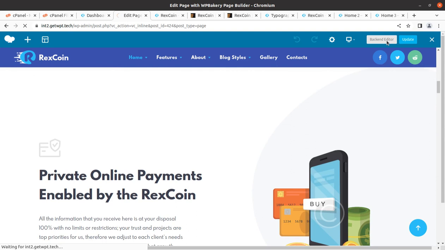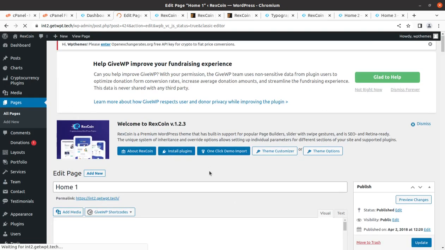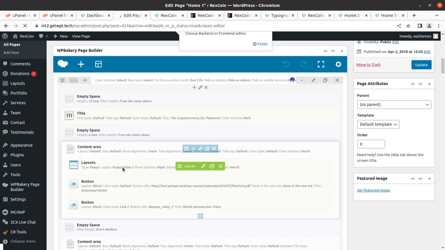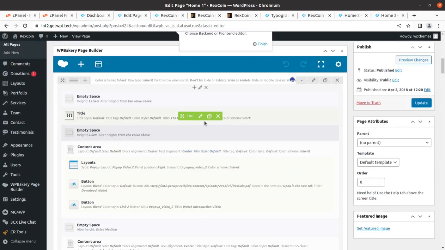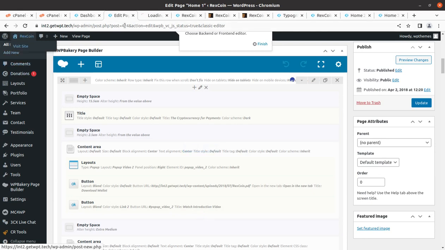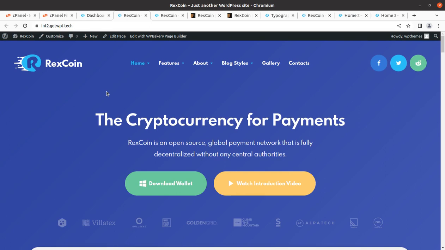And you can use the backend editor as well as per your convenience to add or remove sections and to edit the content as well. So the backend editor is here, and you can completely edit the contents by clicking on the pencil icon. So I believe I have shown you each and everything about this RexCoin WordPress theme, and now you can take